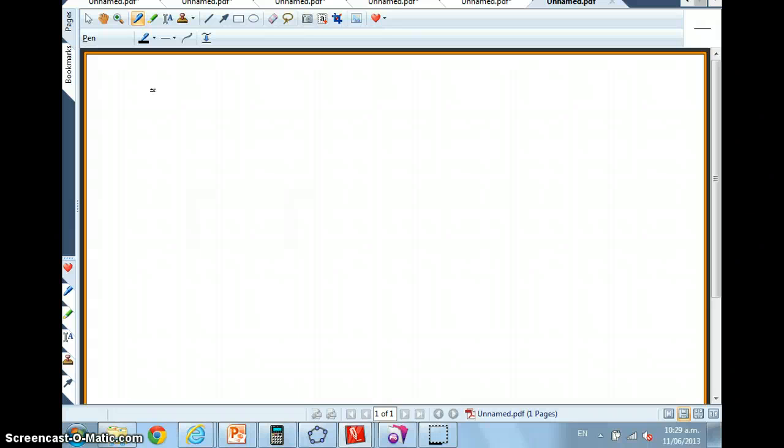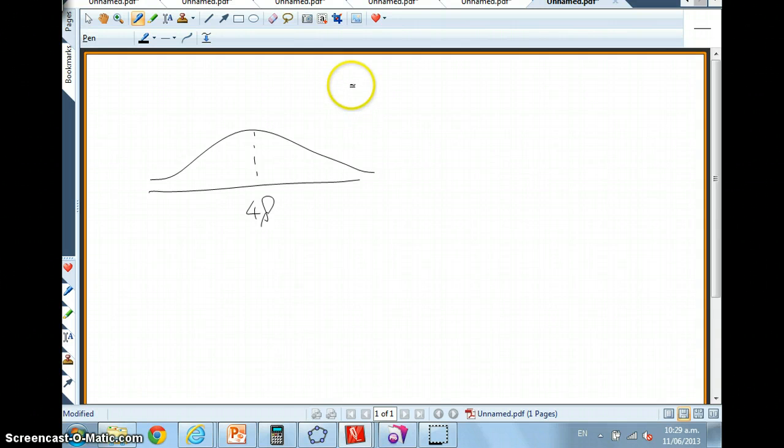48. Thank you. So again, the first thing I always do is a little picture. The mean number of months that the calculator lasts is 48 months. The standard deviation is 10 months. If the retailer is only willing to replace 2% of calculators, what length of guarantee should be offered? If you can draw the picture correctly, you should be able to get the answer correct. So the question really is: